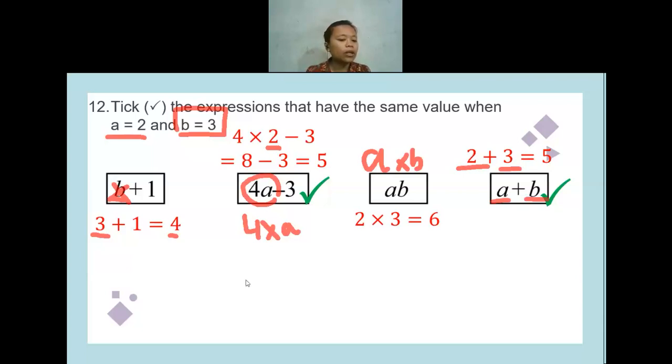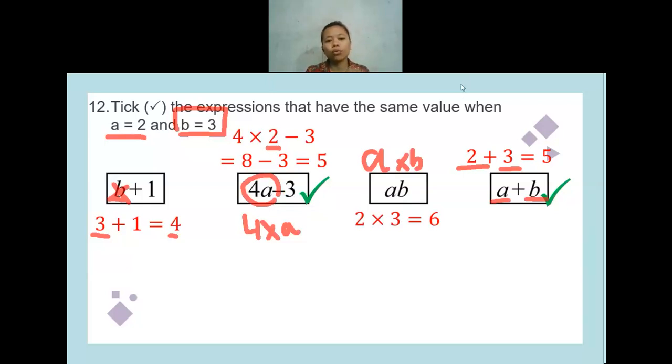Is there anyone having any question? Or is it clear enough for those who asked me for more explanation on question 12? Okay. How about the one who asked me, is it clear enough or still confusing? Okay, if it is already clear enough, let us move on. It's only 1 minute left. I don't think it will be enough.